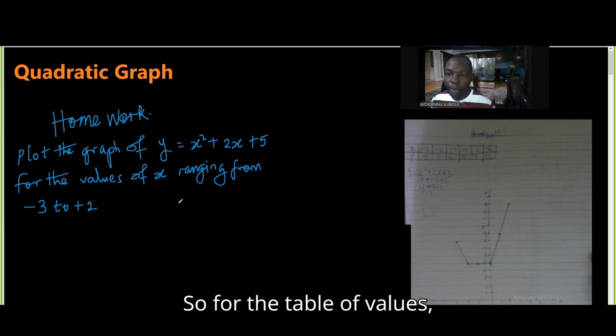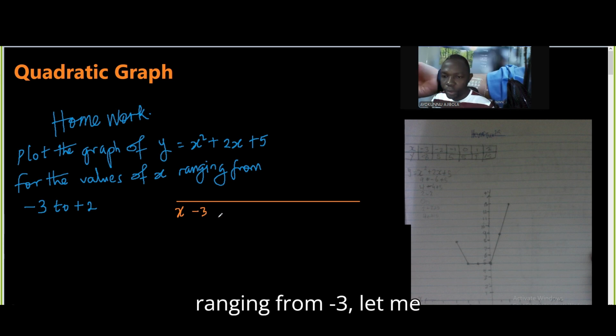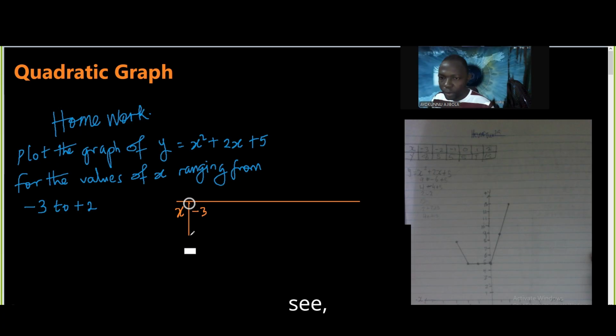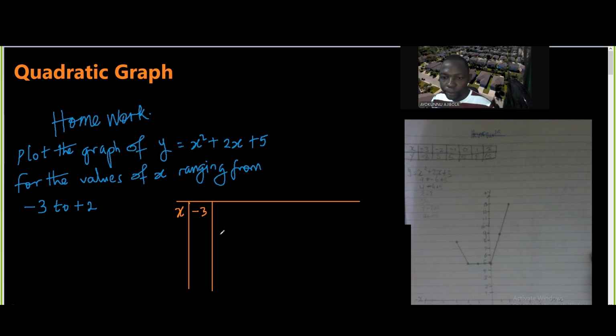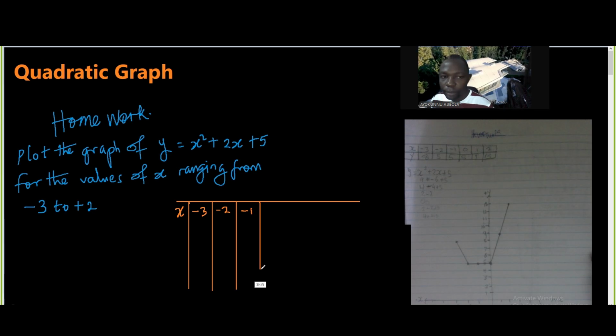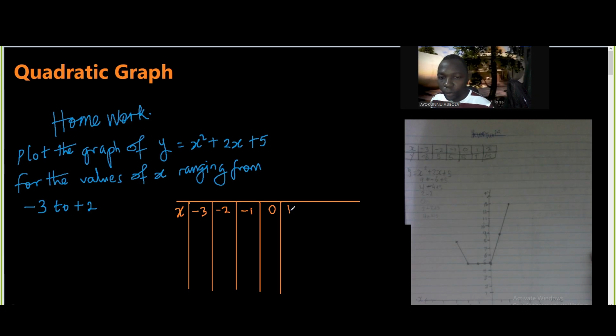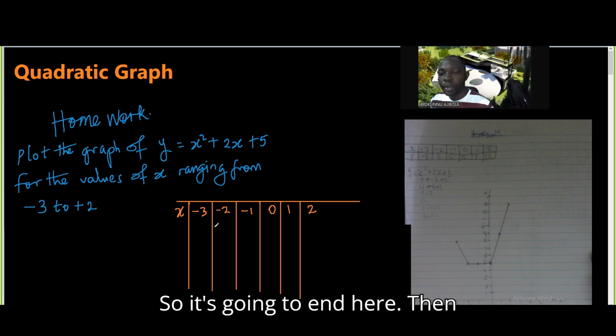So for the table of values, we're going to have x ranging from minus 3, to minus 2, minus 1, 0, 1, and 2. So it's going to end here. Then